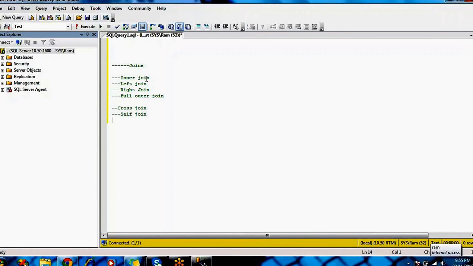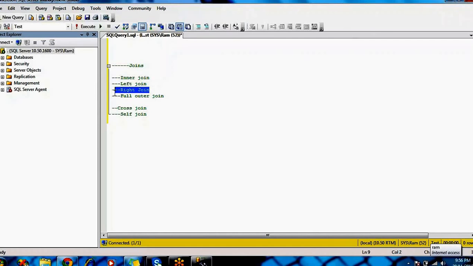What is this inner join? The inner join means it is taking the matched data from both tables, right? So whenever you are applying an inner join between two tables by using a common column, whatever matched records it finds, it will return. If I come to the left outer join, what will it do? It will return all the rows from the left side table, and whatever records match from the right side table. If any record is not matching, then it will show a null value.